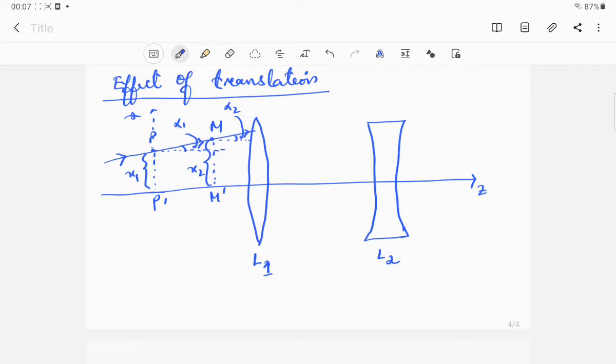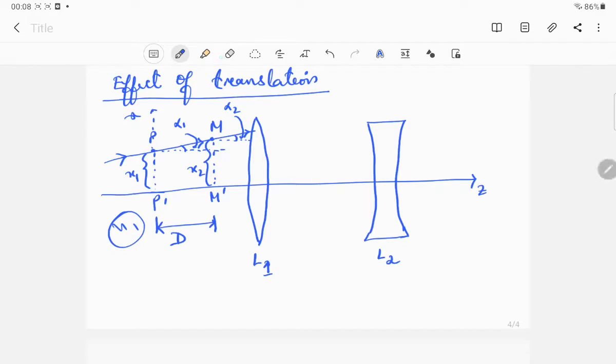What we are considering is a ray of light traveling in a homogeneous medium. I told you that from here to here, here to here, it is a homogeneous medium. Since it is traveling through a homogeneous medium, it is definitely going to suffer a translation. Here the refractive index is equal to n1, and all the points are simply represented in the diagram.